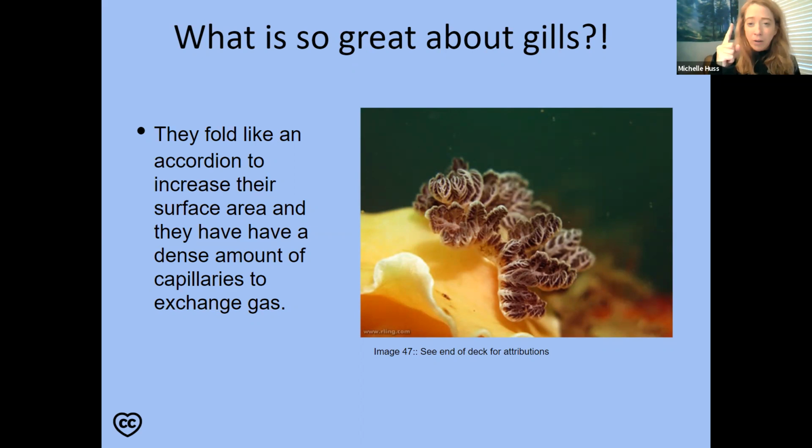You can only have one cell layer thick because you have to get the gas all the way through. In fact, you can think about it like this: if you have emphysema or if you have scarring in your lungs, it doesn't diffuse well. You have much lower oxygen saturation. You have less oxygen that you can get into your bloodstream. Why? Because you can't diffuse that much. You have to have one cell layer thick. Gills do that. One cell layer, very thin and papery, and then you've got your bloodstream right there. Diffusion. All right.